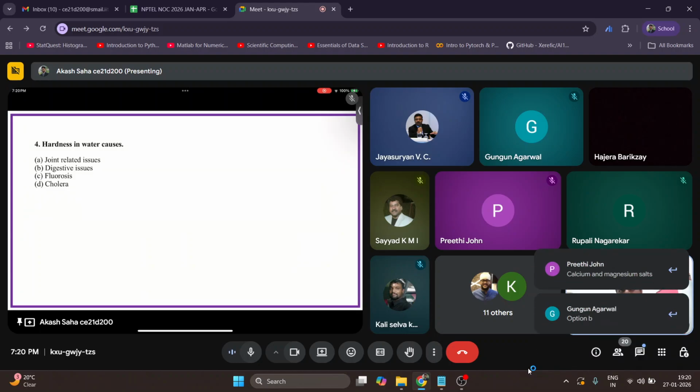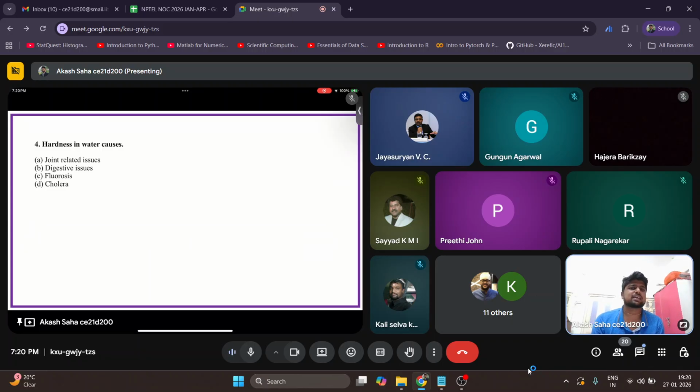Calcium and magnesium salts. Okay. Calcium and magnesium, yes, it imparts hardness, but that is not the exact definition. Dissolved salts, that is also partly right, because not all salts will impart hardness. If I just want to sum up hardness in two words, how it will be? You have to be very specific here. So though calcium and magnesium are correct and they impart hardness, but that is a part of hardness, not the overall picture. So it is something to do with the valency. Carbonate and non-carbonate is also a type.